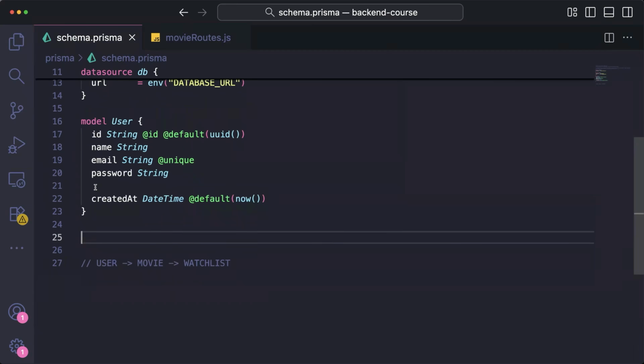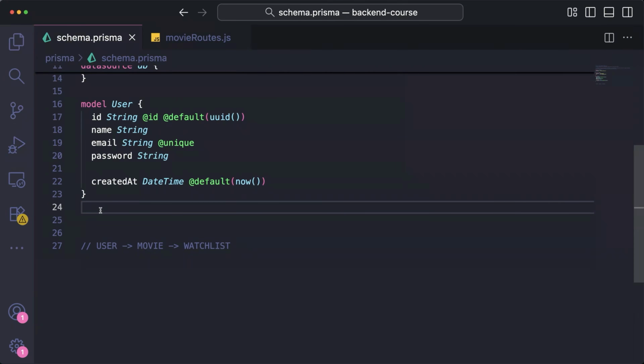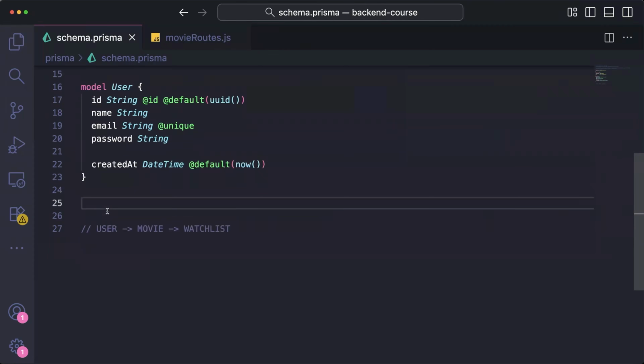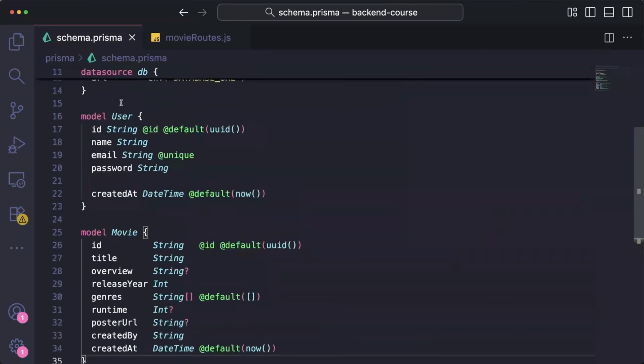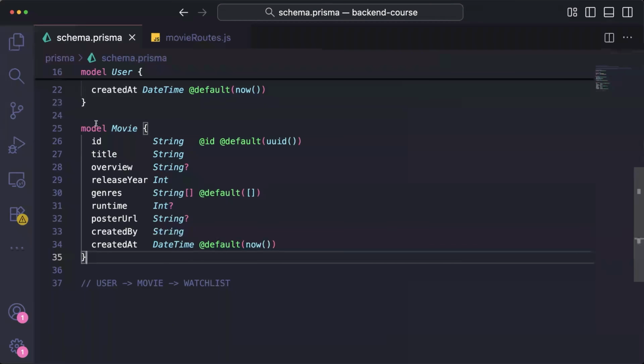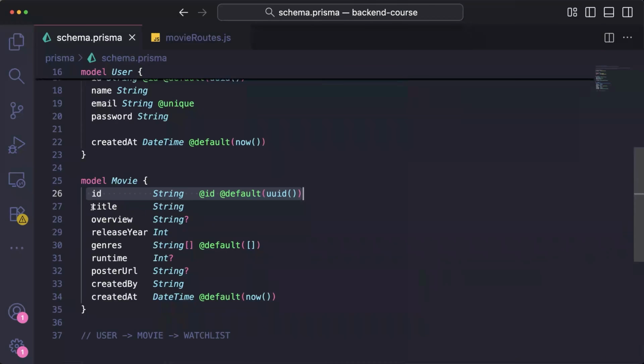Now, since I just went over how to create this first table, for the other ones, I'm just going to copy and paste the definition for them and go over what each field is so that we don't waste time writing each one individually. So the next table we want to make is the movie table. And for a movie, it's going to have an ID, just like the user had one. It's going to have a title, which is a string, an overview of the movie, which is also a string,